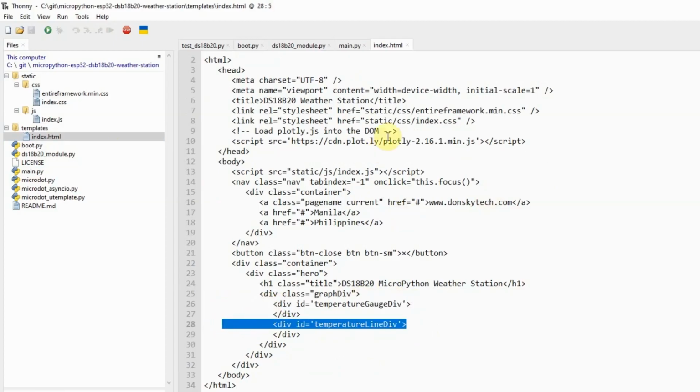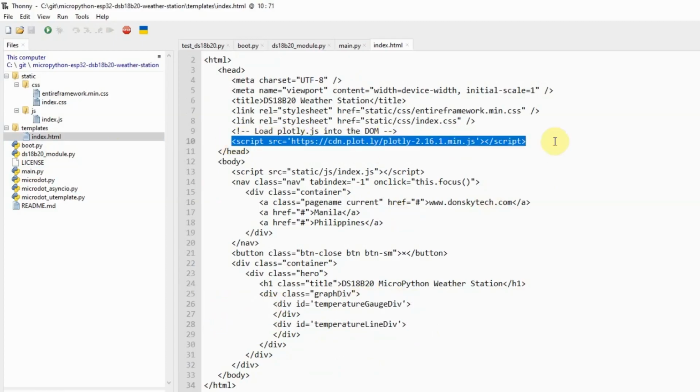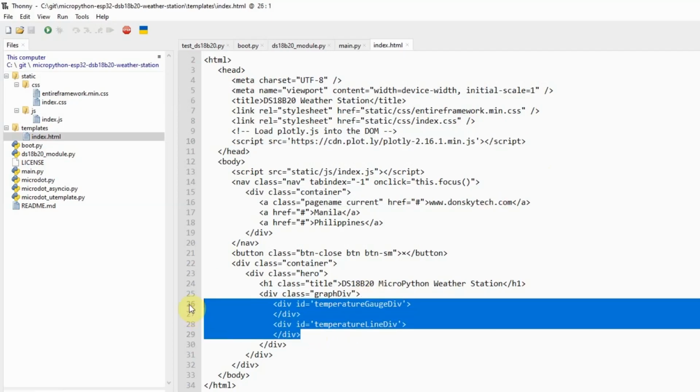This will be processed by our Plotly JavaScript library in drawing the graph. As you can see, we are only declaring the two divs in here that will contain the graph of our sensor readings. But the overall job of populating this value falls into our index.js page.